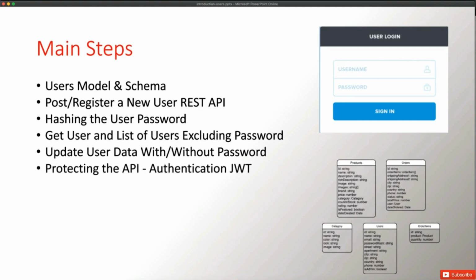Then we will go to the important part where we are going to protect the APIs. So for example, not any user is able to create a product, only the admin. Also, not any user is able to change the state of the order, only the admins. So we are going to see how to protect these APIs so the user cannot send any request unless he is authenticated. And then we will see how to log in the user after we created this user,